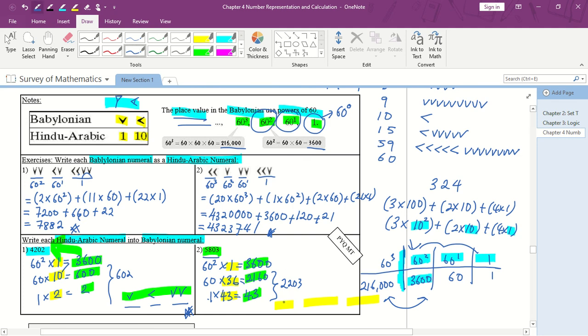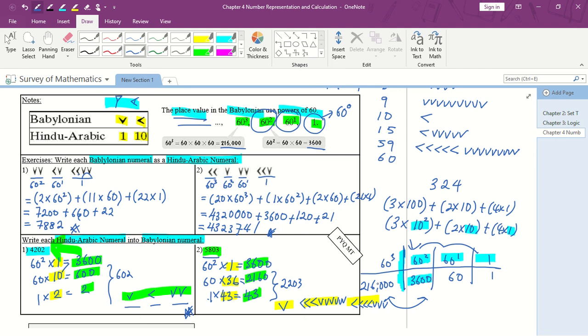So 1 is going down, 36 means 1, 2, 3, 1, 2, 3, 4, 5, 6, and we have 43, which means 1, 2, 3, 4, 1, 2, 3. And that is the Babylonian numerals for 5803. Okay, I hope you get the concept,